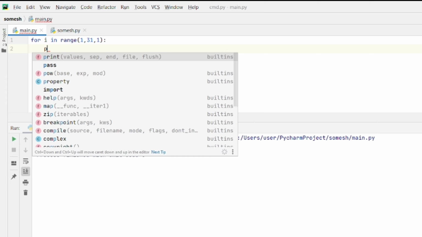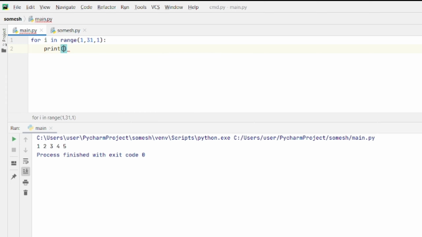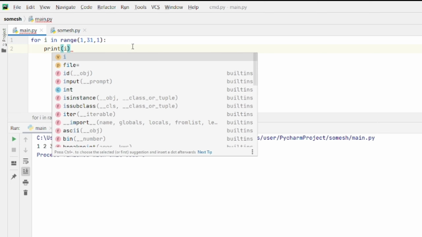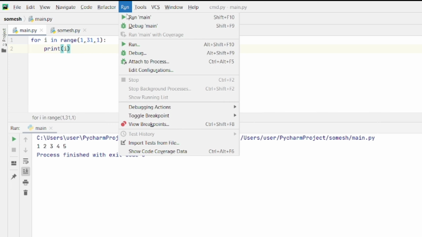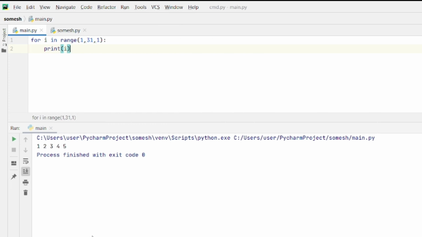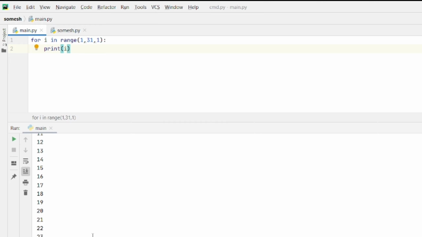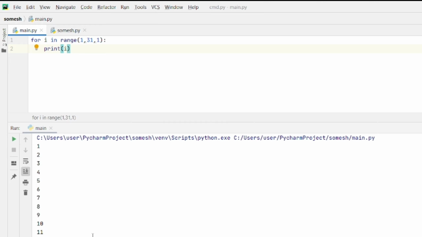If you print i directly, it will give you numbers from 1 to 30. But if you want only the numbers which are divisible by 5, then you have to control the flow by using the if condition. If i modulus 5 is equal to 0, then print i.